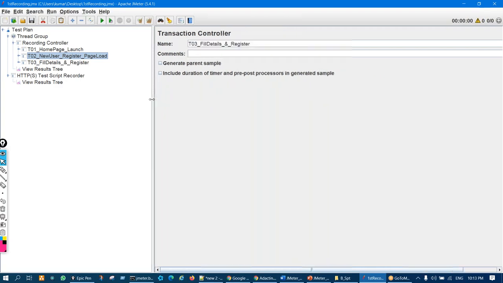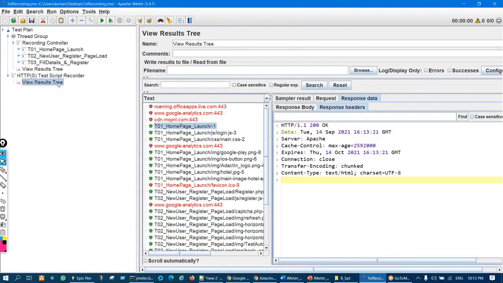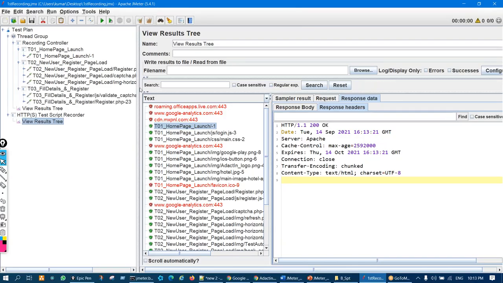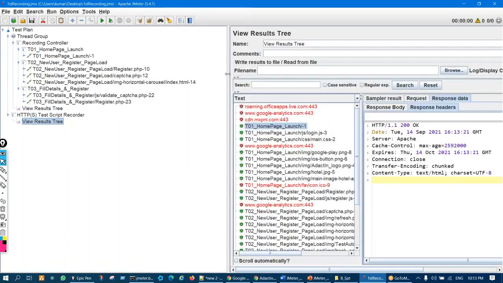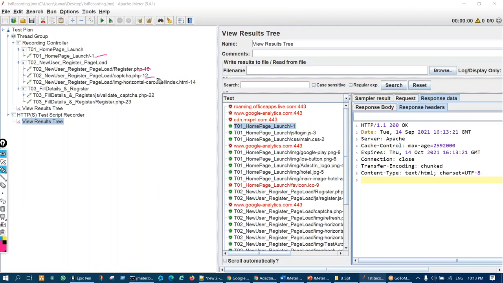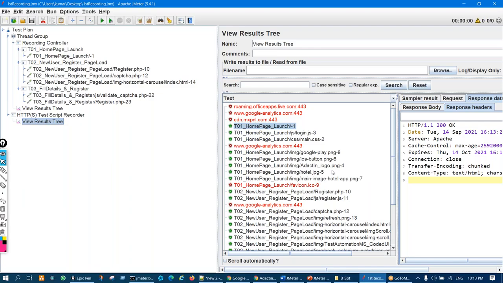Now come to this view result tree again. Here, whenever you record, you will see some numbers added with each request. You see 1, 10, 12, 14, 22. These numbers help in recognizing that request over here in this original recording log, right? This is called recording log. So this recording log,